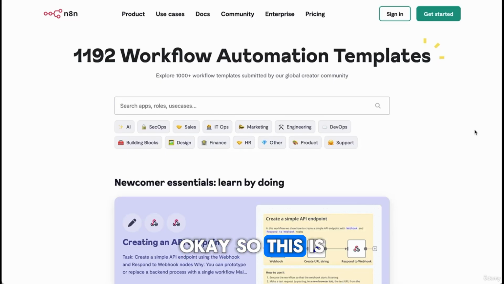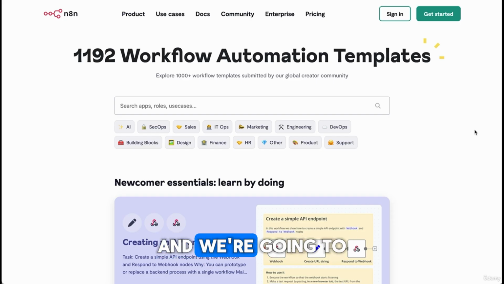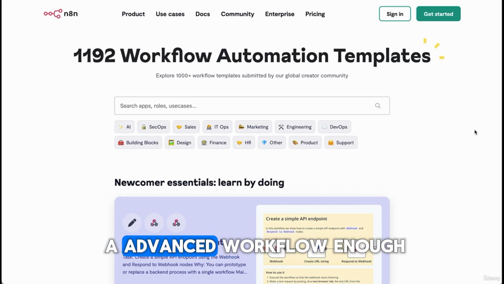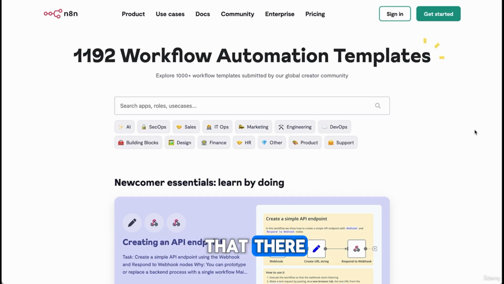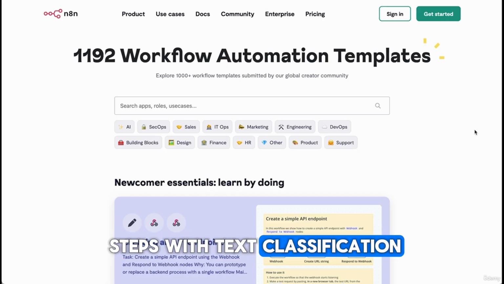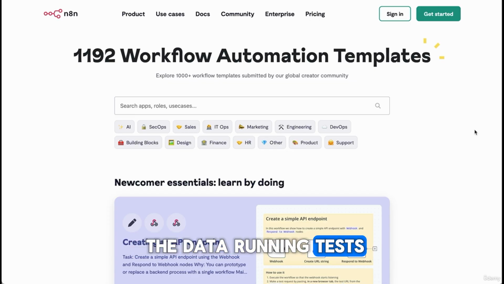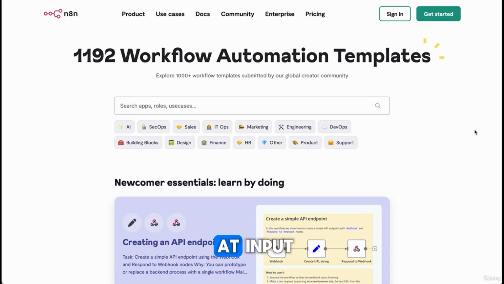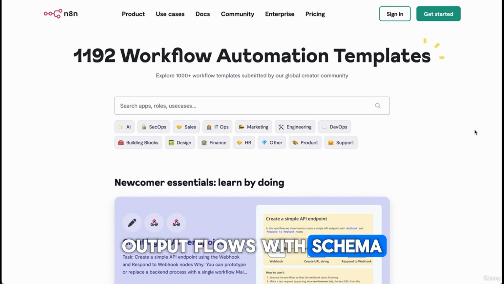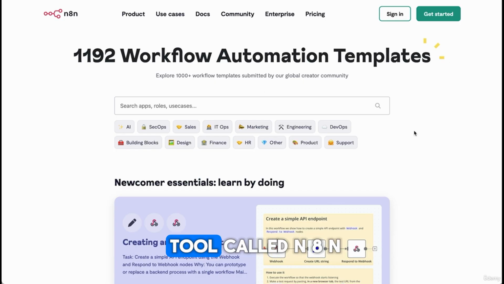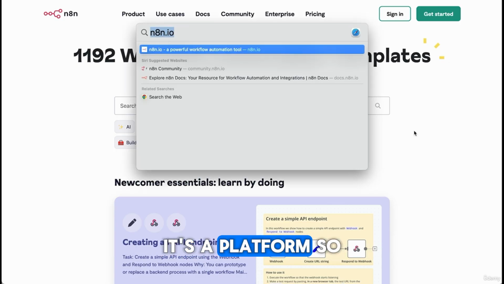Okay, so this is where the fun begins. This is where we get our hands dirty. And we're going to build together, starting from scratch, step by step, an AI agent with an advanced workflow, with multiple steps including text classification, AI interpretation, sending out the data, running tests, taking a look at input-output flows with schema and JSON, and just seeing how everything comes together with an extremely powerful tool called N8N. It's a platform, so I want you to go to